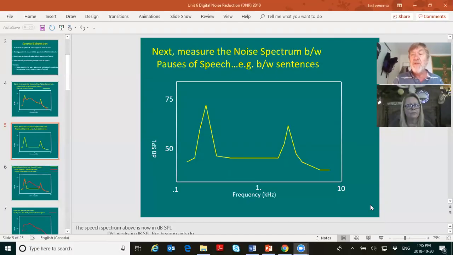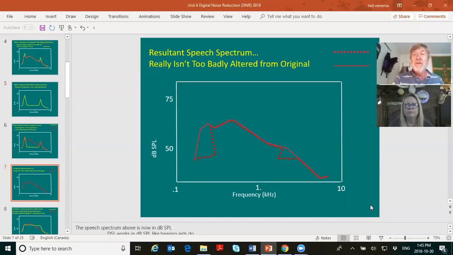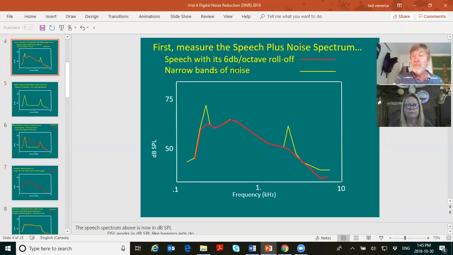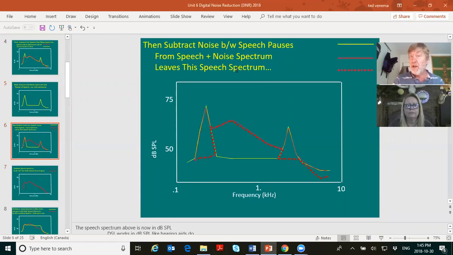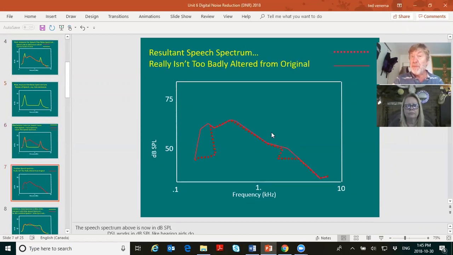But guess what? The problem is, the resultant speech spectrum, theoretically, if you did this minus this, so that you were left with the dotted lines, basically, you had the original speech spectrum and what you had left. And this is not bad because the dotted line comprises quite a bit of the original speech spectrum. So not much was lost. Trouble is,